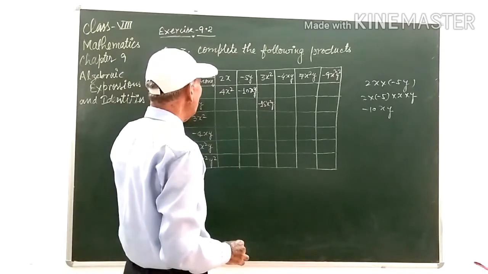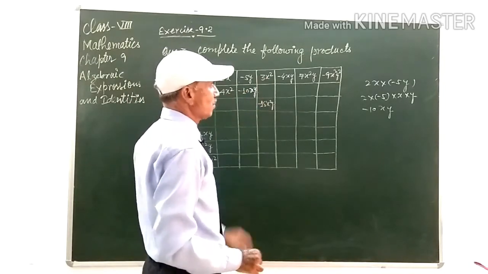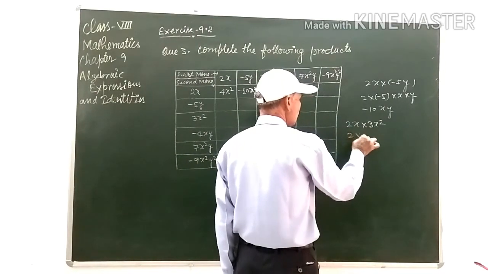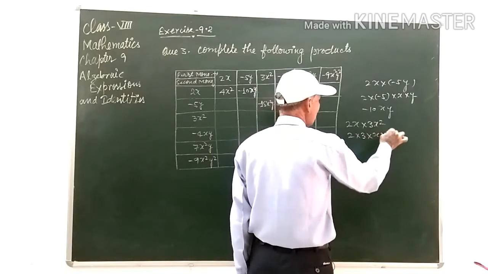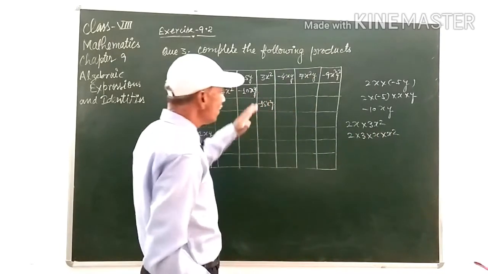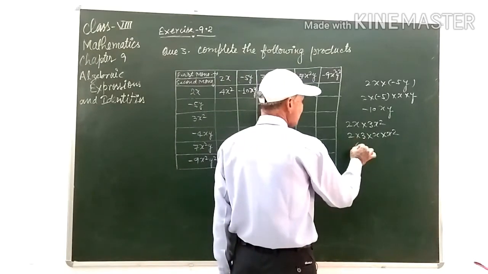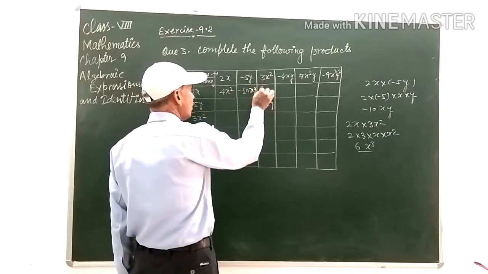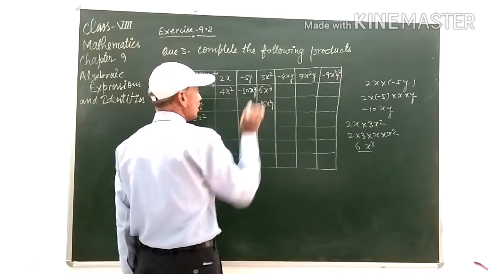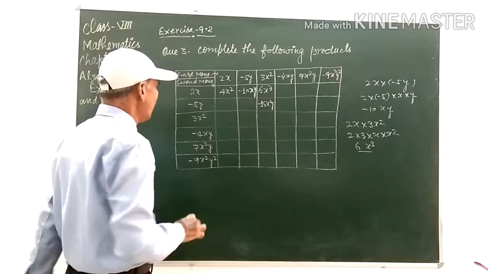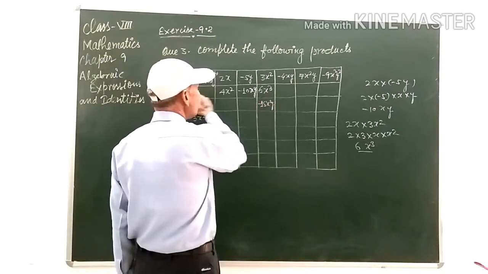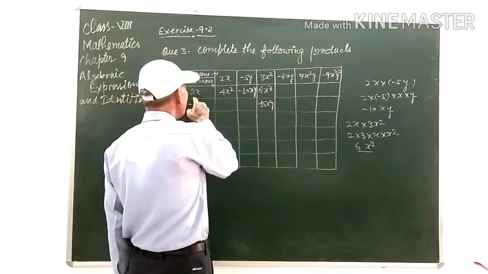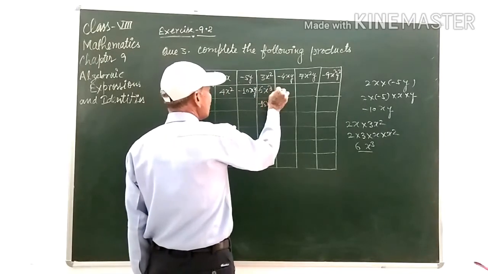Next, 2x into 3x square, it means 2 into 3 into x square. Okay, students? So this one, 2 3s are 6, x to the power 3, it means 6x cube. You will write here 6x cube. Clear, students? And in this 2x into minus 4xy, 2 4s are 8, this one minus 8,